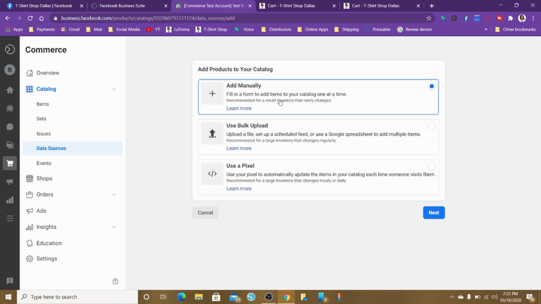Now, this is where I was telling you about if you had a website. If you had a website, you could click here and it would automatically update if we use Pixel. But if you're doing manual upload or bulk upload, with manual upload you'll just fill in a form and add each item at a time. The majority of people that follow me probably don't have websites, so I'm going to show you without a website how to manually add it. We're going to click manual, and then we're going to go in here,